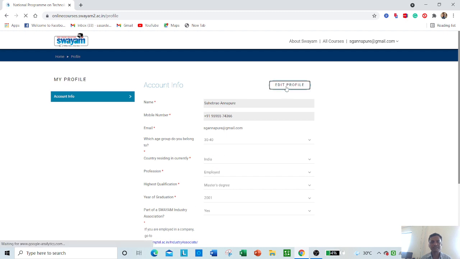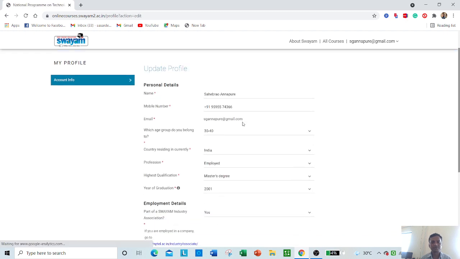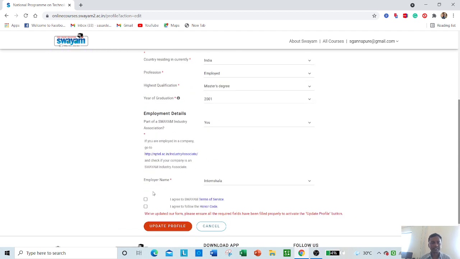You can make changes from here. Suppose you want to add something, I can add it here. But once you add something new, you need to click both, I agree to the terms of service and I agree to follow the honor code. Then click update profile.